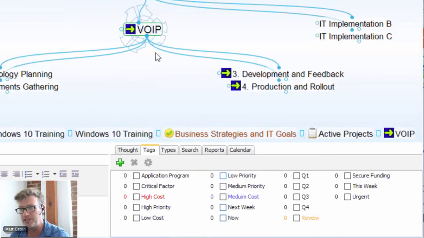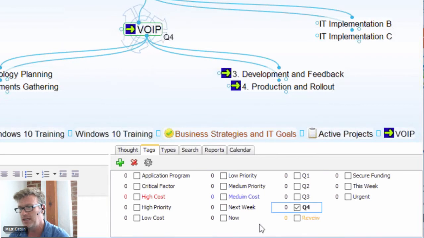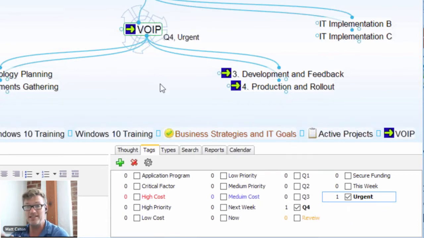So let's say we really need this VoIP up and running by Q4. So this is a Q4 project. I'm going to check that. And it's also urgent that this gets completed. It has to be ready by Q4 sooner rather than later. So I'm also going to tag this as urgent. And as you can see, the tags appear in the brain, and I can apply more than one. So even though it's already set with a specific thought type of an active project, I can also see that there are attributes. It's due in Q4, it's urgent, and as more attributes come up,